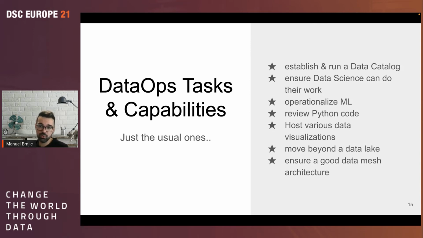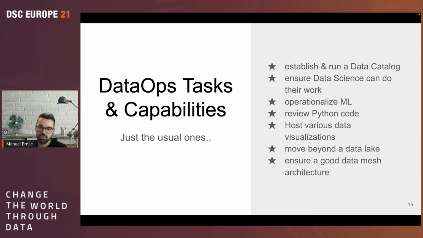Then, of course, ensure the data scientists can do their work. Sounds easy, but it's not just providing them with some access and giving them some IDE where they can focus on their day-to-day Python scripting. They really have to have a fully integrated environment, which is fully integrated into an end-to-end CI/CD pipeline for machine learning. For example, by leveraging Kubeflow or other cloud applications nowadays, you can pretty easily achieve that.